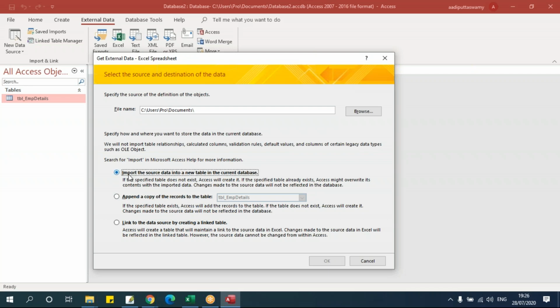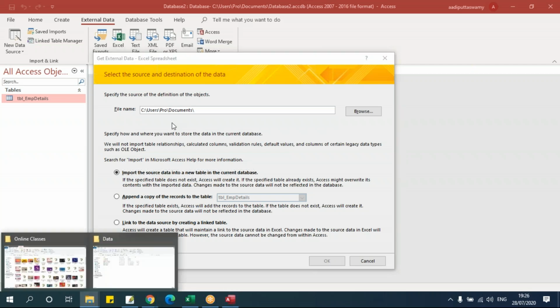One is import as a new source, then append with the existing table, or a link to the existing table. Now let's take this. First we'll import the data. This import, what it will do is it will take the data, but there won't be any links between the source and the destination later.